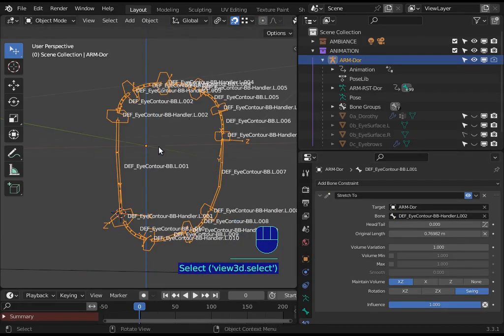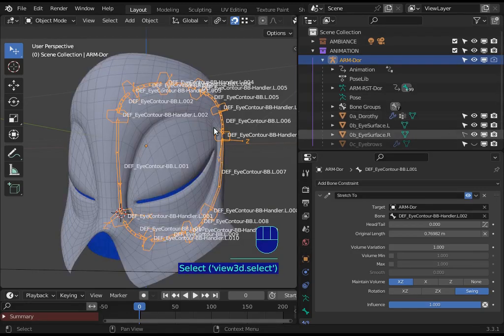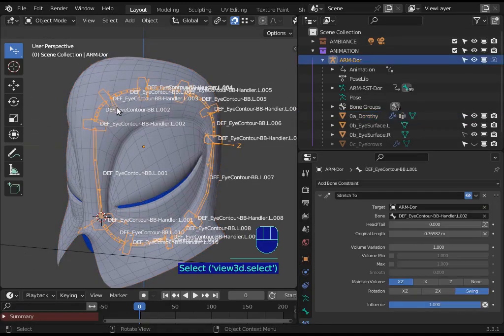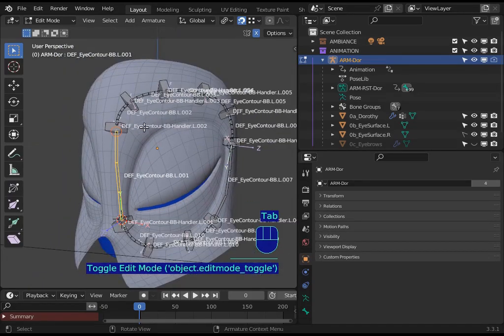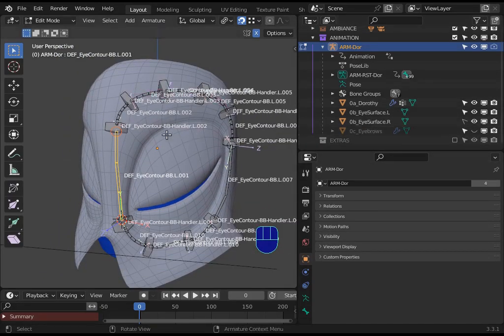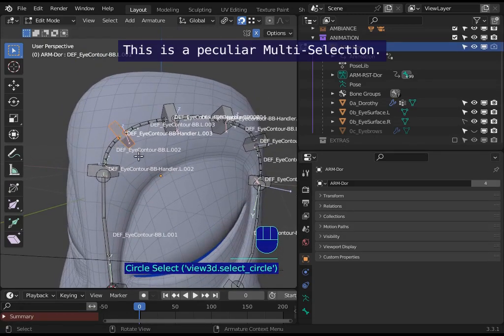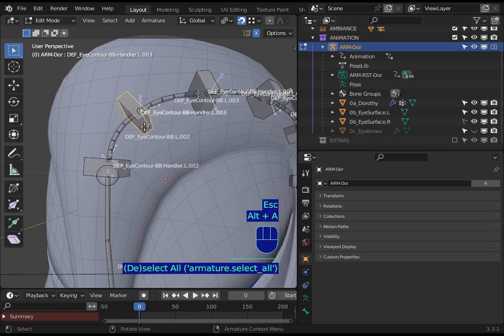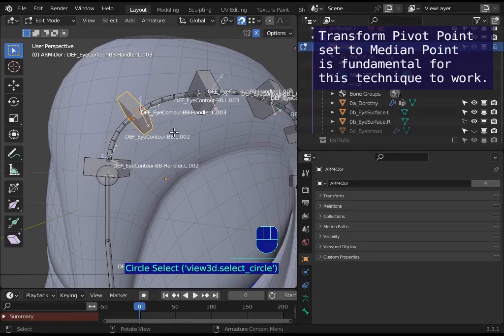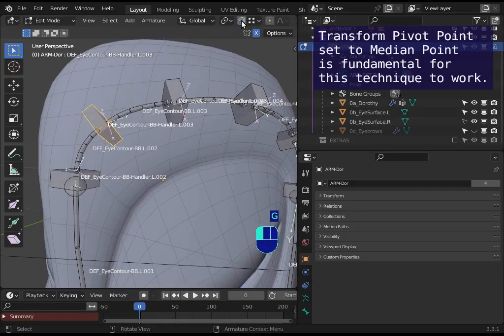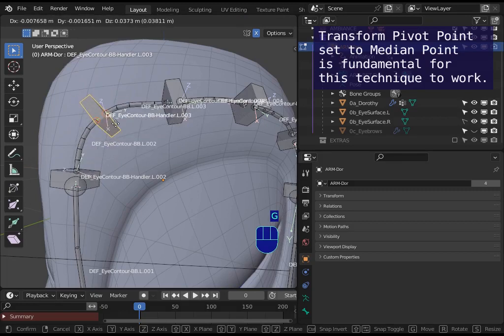Now we can go back on the viewport and check the mesh, because now is when I'm gonna start to try to make some relocations on the... In the case I have here 3 elements in the selection, because this is the handler and the tail of a bendy bone and the head of the next bendy bone. So I have 3 elements here, and then with medium point I can at the same time grab it and